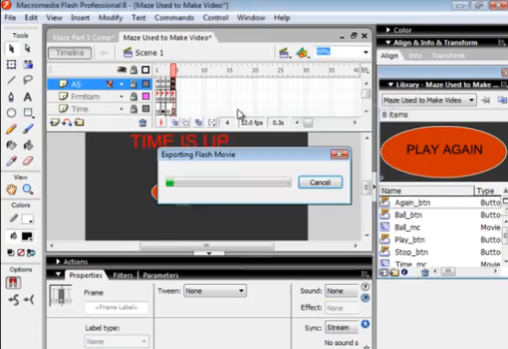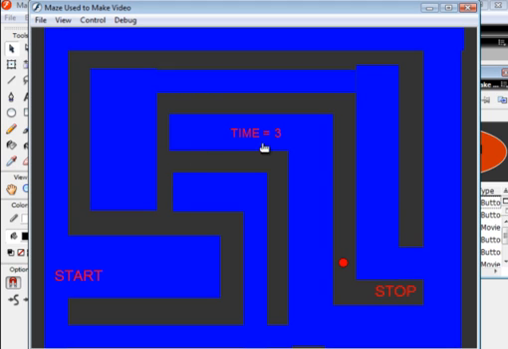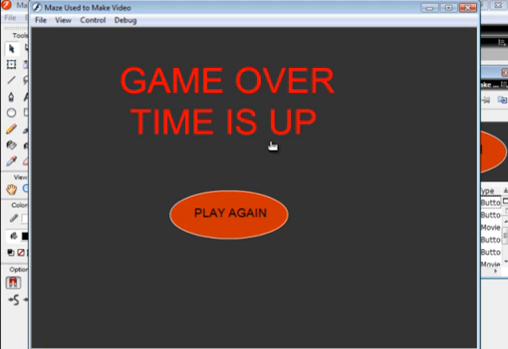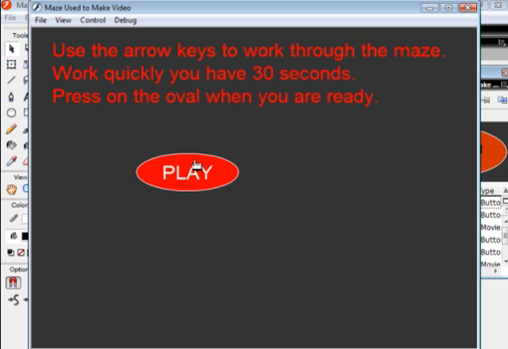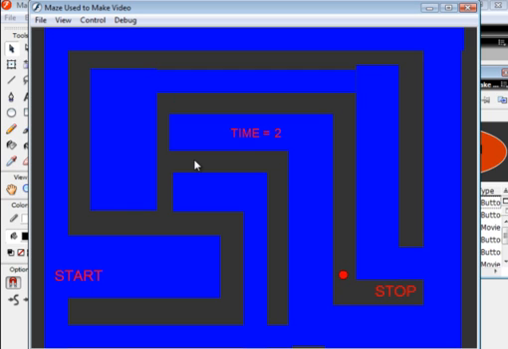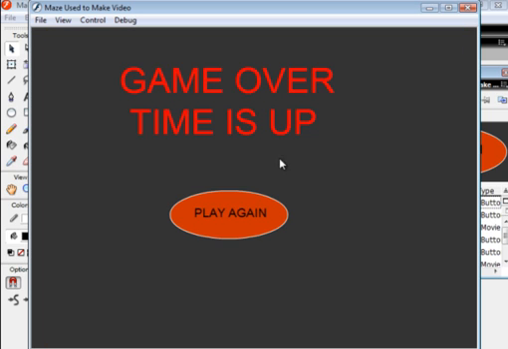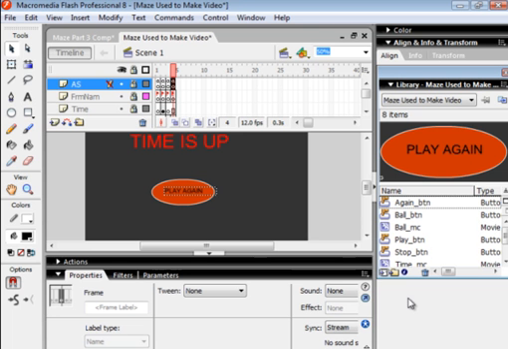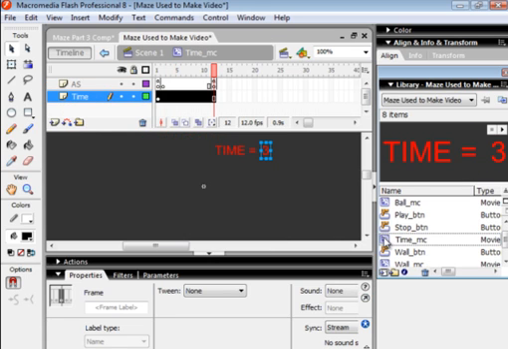So let's try that. Test my movie. Let's let the time run out. And I can play again. This time let's win it. Same as we made the maze. Not fast enough. We know that the time works. We just saw that. And we weren't fast enough, so let's go back to the time movie clip